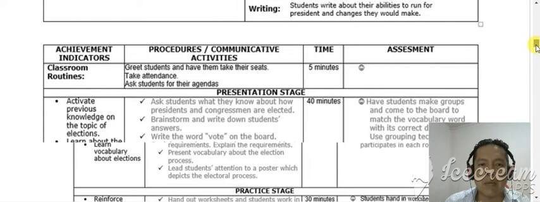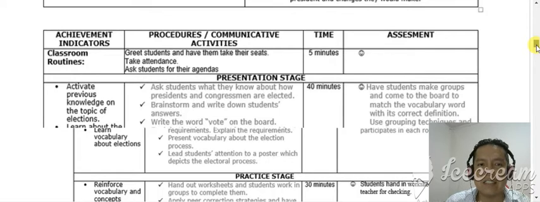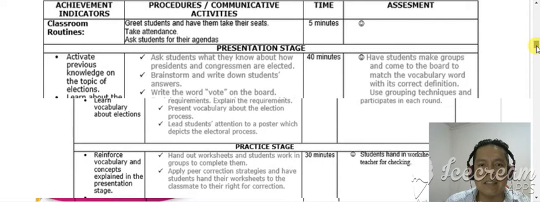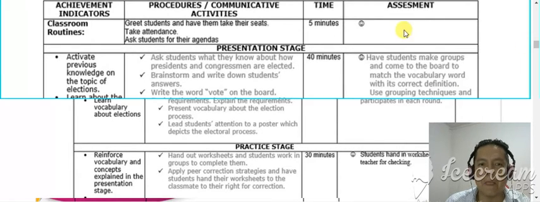Okay, so first I would greet students and have them take their seats. After that, I take attendance and ask them for their agendas. Okay, here in the presentation stage, I'm going to ask them what they know about presidents and congressmen and how they are elected. And then we're going to do a brainstorming activity, and students are going